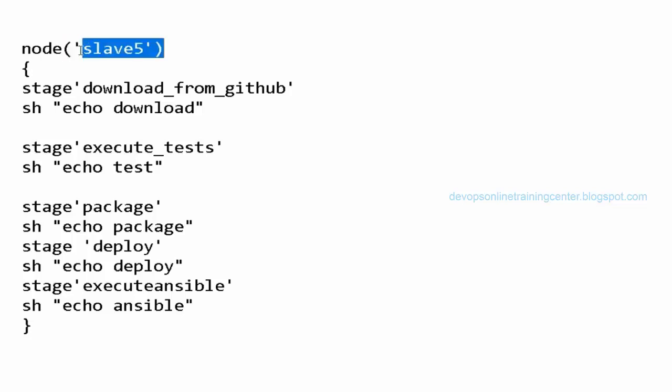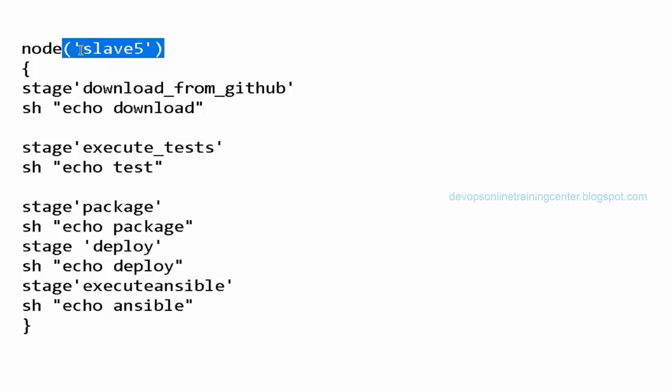Where do we define this? In the Jenkins script, right? Like we restrict to run on slave one, or we restrict the script to run on one of the nodes. Yeah, there we just give slave 5. So the same thing I'm doing in this Jenkins file. In a Jenkins freestyle job, we have an option to restrict where this project can be executed. There I give slave 5. Instead of that, I'm doing it in the Jenkins file this way.